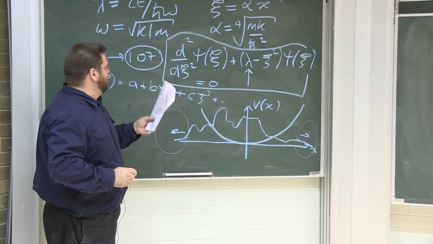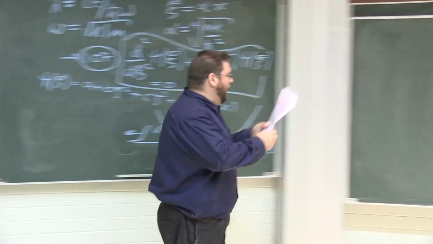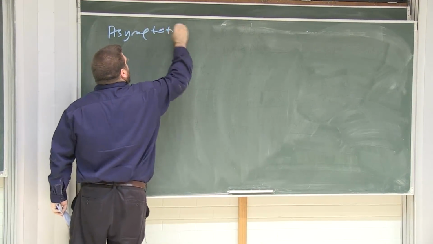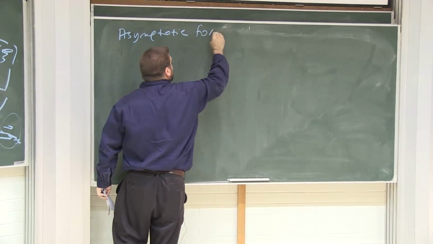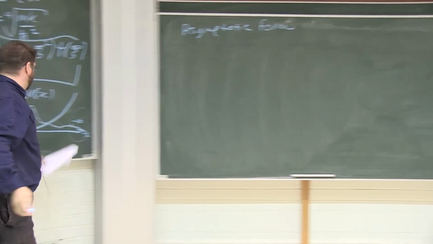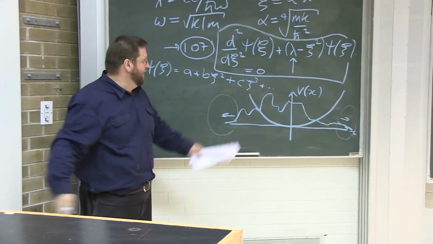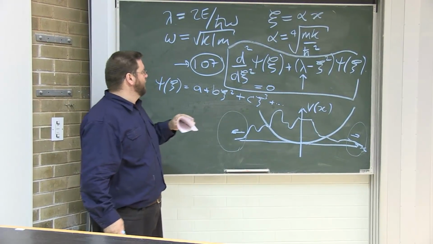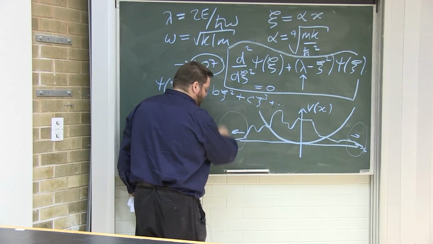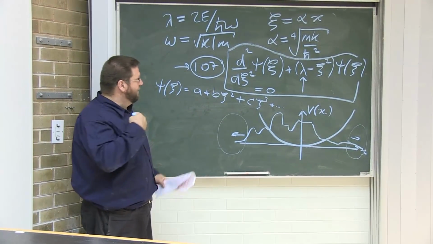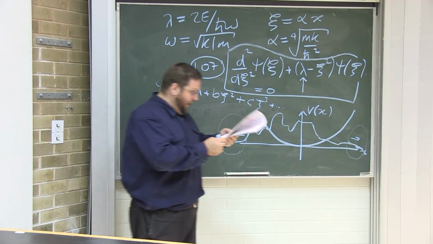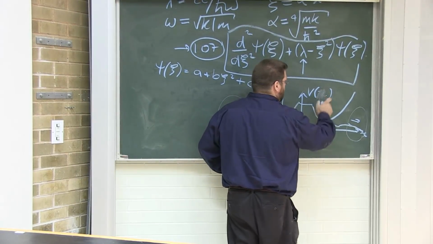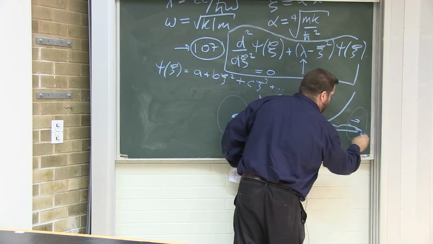So let's do it. We stare at this. We've made these conclusions, and we want to consider what's called the asymptotic form. I want to ask the question, how does this equation behave? I mean, how do the solutions behave at infinity? I can say as a physicist they must decay to zero, but how does the mathematics tell me this? As a precursor to asking how a solution decays to zero at infinity, let's ask how the equation behaves at infinity. If xi, this is now scaled distance,